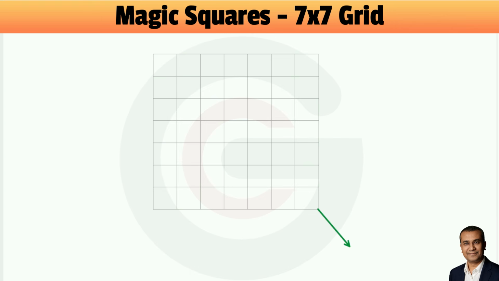Come on. 1, 2, 3. Done? Okay. Now I'm not going to explain all the rules and all. I'm going to straight away fill up all the numbers in this grid. Let us see how much time it takes. 1, 2, 3, 4, 5, 6, 7, 8, 9, 10,